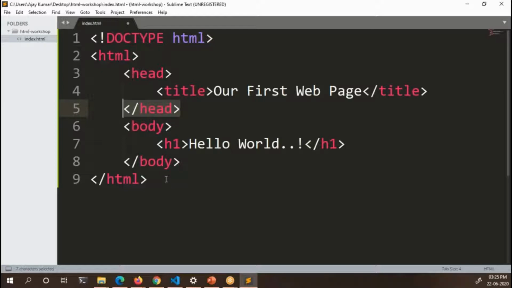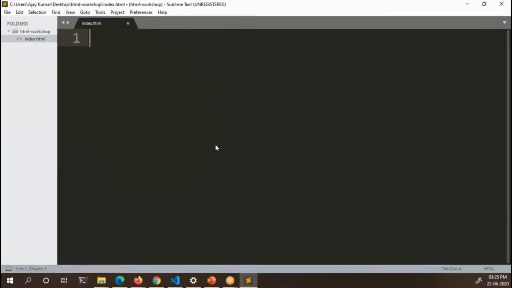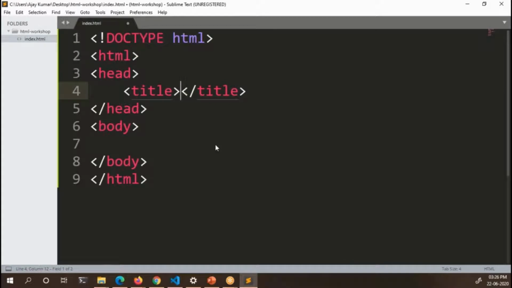Okay, so one advantage of using this kind of code editors is that you can generate all this boilerplate code in a matter of seconds. You don't need to type all things. For example, I have deleted all this and I am simply typing HTML and pressing tab. Did you guys observe that?